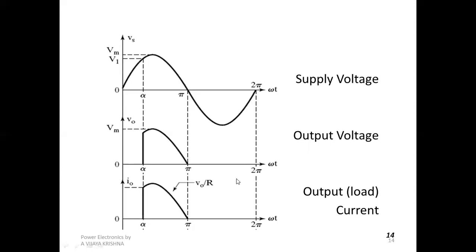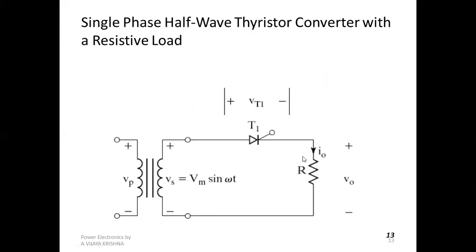Therefore, under the negative half cycle, the thyristor doesn't conduct. Why? Because only for the positive half cycle is it in a forward biased condition. Under the negative half cycle the polarities change: minus comes here and positive comes here. Therefore, the thyristor is under reverse biased condition. Under this condition, junctions J1 and J3 are reverse biased, and only J2 is forward biased.